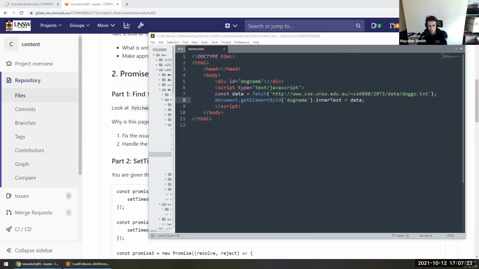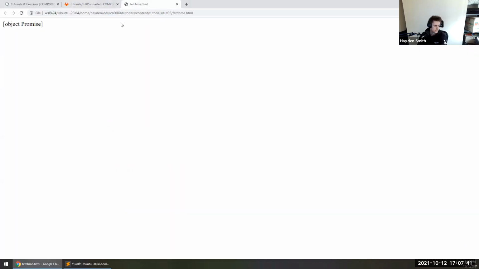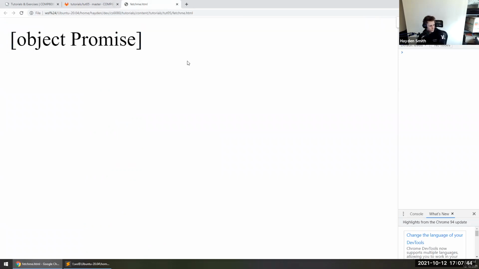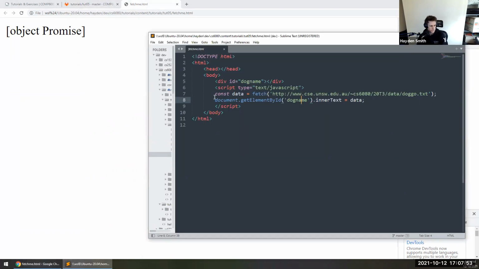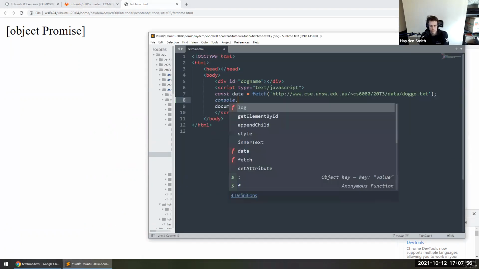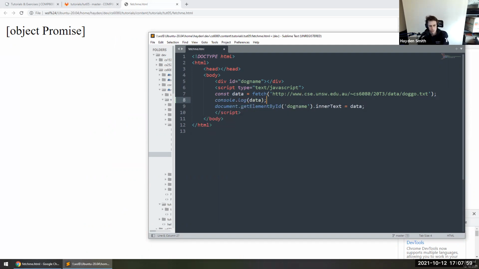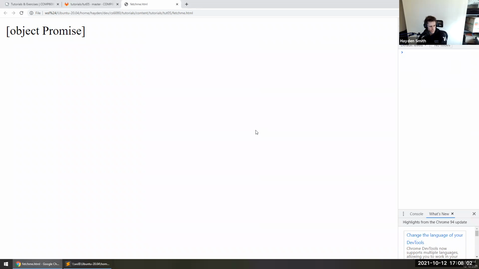Now I'm going to go and open that file for you. And what's going to happen here? Fetch me.html. Yeah, so if I open up this page, you can see here that it's filled the actual div with this random object promise, which is kind of annoying. You can actually see the div has literally been filled with that. And the reason for that is if we go to our console and we start console logging this, then what Nicholas has said here is that data is a promise and it's not yet fulfilled when data is used on line 8. Yeah, so you can see here that when I load this page,